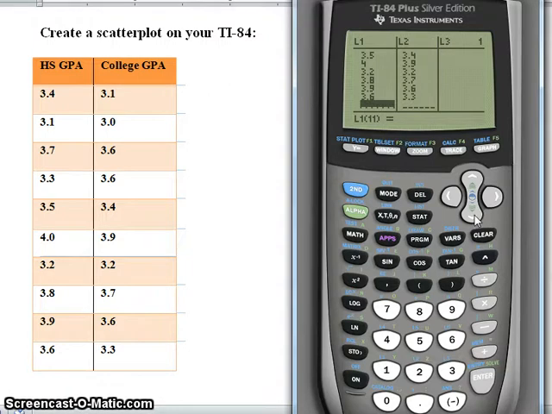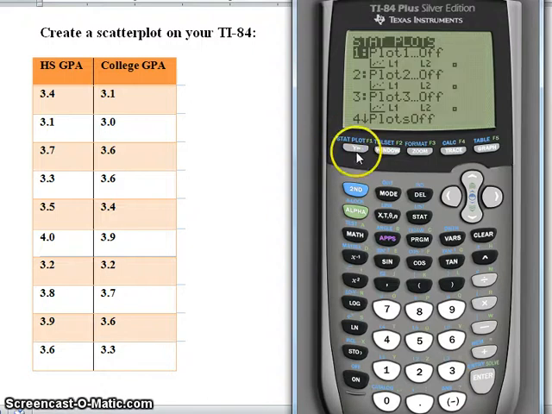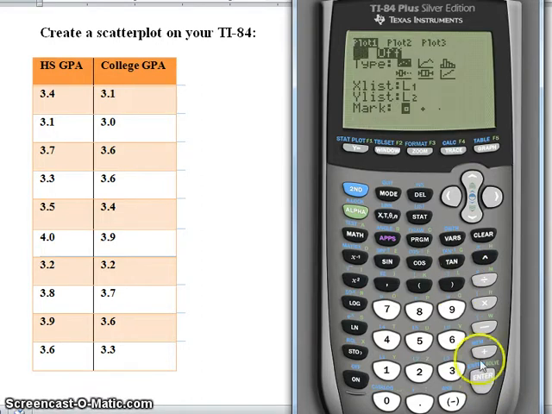Once you've done this, then you will want to go to Stat Plot. You can find this first by clicking the second key, then going to the Y equals. Above that is Stat Plot. And first we want to use the first graph. Notice how this says plot off. We want to turn that plot on. All the other plots should also say off, otherwise you'll graph other graphs over the same graphs, and we don't want to do that. So go ahead and press enter, choose one, and turn plot 1 on.